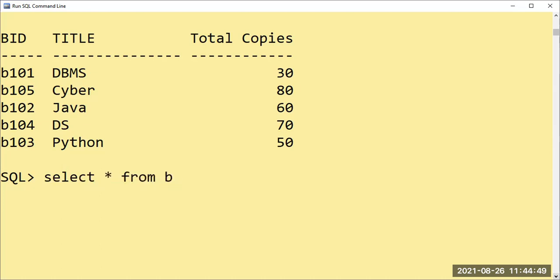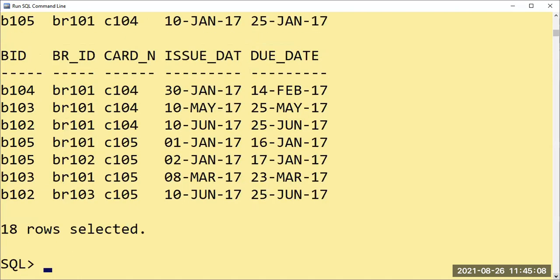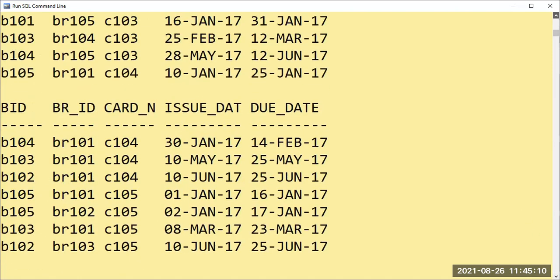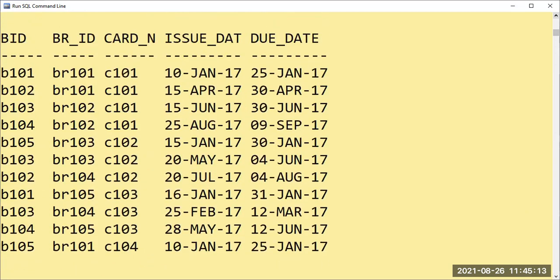So let's start from book lending. Why are we using book lending? Because in that table there is a card number of who is going to borrow, which book he or she has borrowed with the help of book IDs, and on which date he or she has borrowed. So see here, I have entered N number of values, and for your easiest way, we are going to find out the borrower details with the help of the card number here.